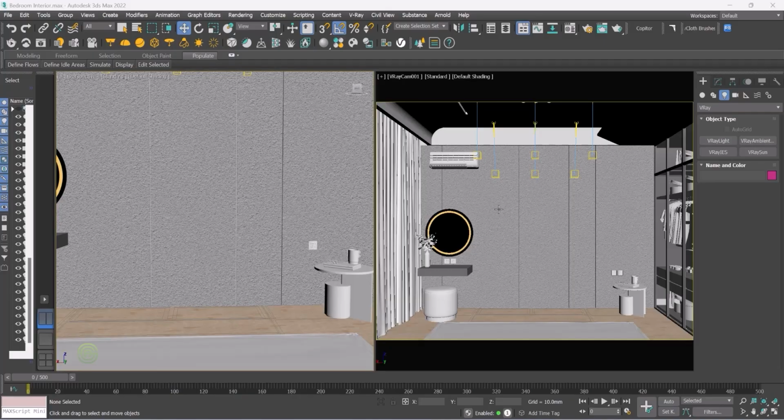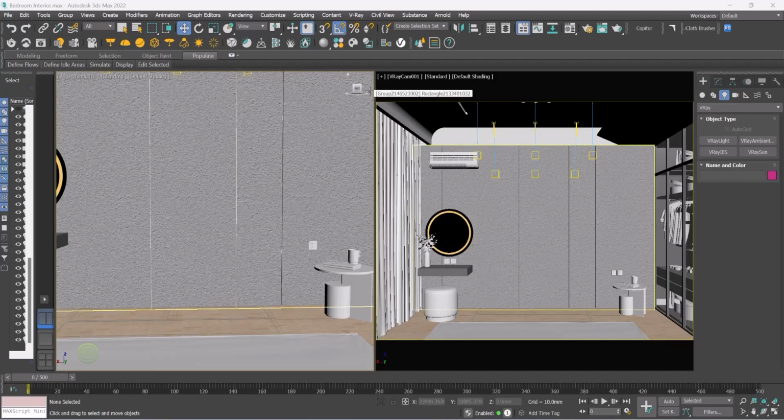Before starting the high quality render setup, we'll add some extra furniture. I have removed the old bed, which was just a normal bed, and now we'll add new furniture. We will see how to use the cockpit. We have already learned this in the 3ds Max classes, but now we will see it again in the V-Ray for Max classes. So to import the furniture,